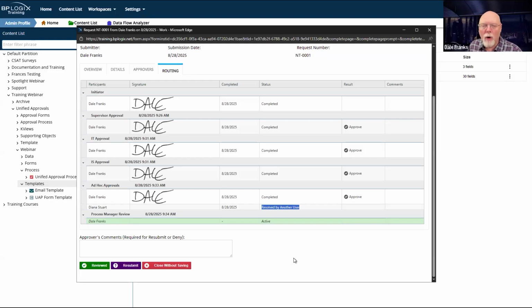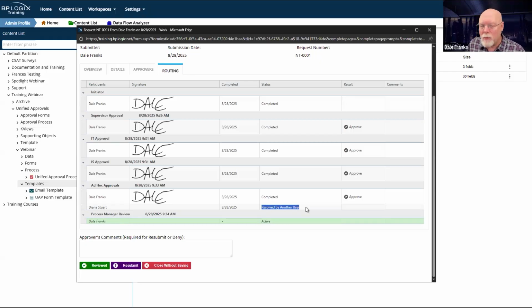Or I assigned multiple users, and only one of them was required to complete. Well, that showed up as not required for all of the other users. It no longer does that. Because even though technically this is not required as a task for Diana Stewart, not required gets a little tricky, especially whenever we were building conditions, because there were two not required and they were not required for different reasons.